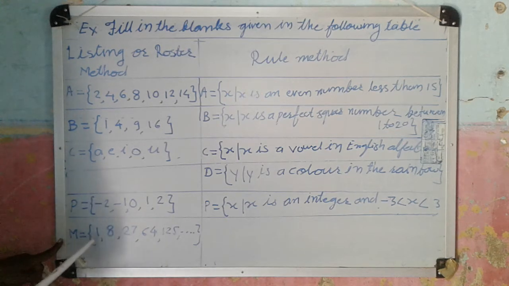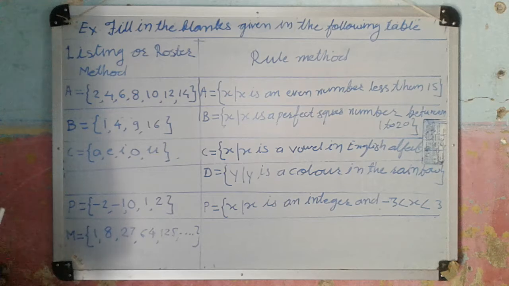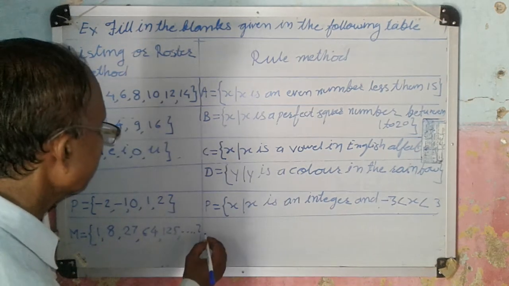See here, 1 is the cube of 1, 8 is the cube of 2, 27 is the cube of 3, 64 is the cube of 4, 125 is the cube of 5. So that means all these numbers are cubes of natural numbers. So by rule method you can write this as